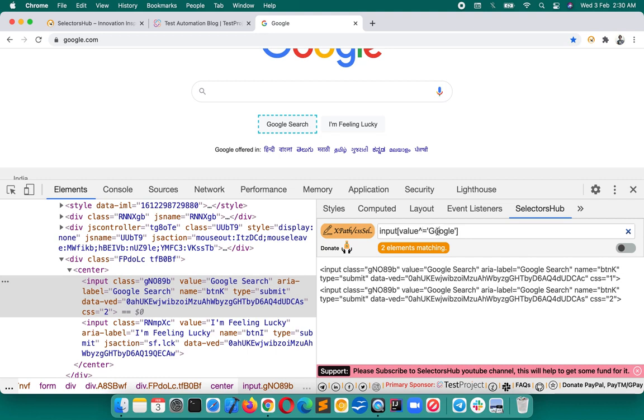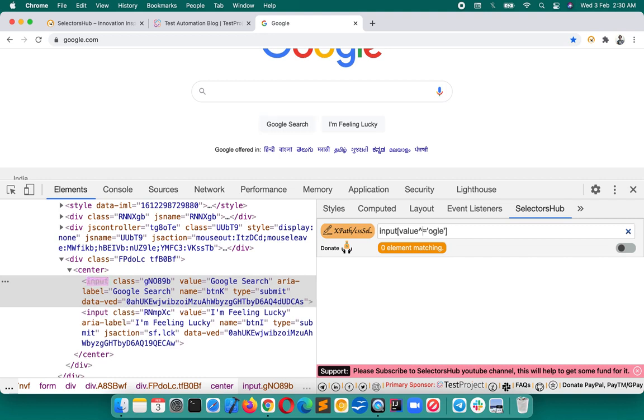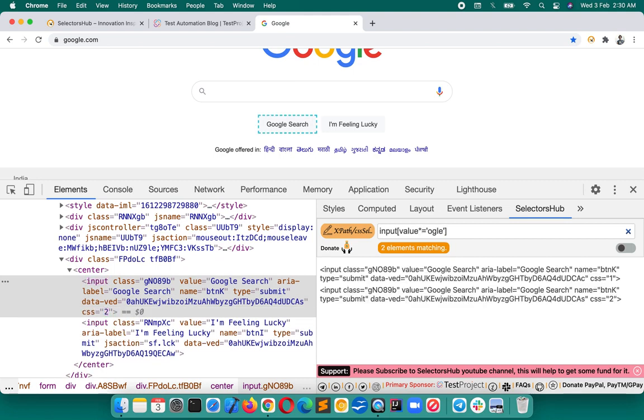So let's say if we remove this geo and just want ogle, then in place of cap, if you have cap, then it will not work. Now you will have to use star. Press enter, then it's showing matching nodes. Okay, so this way it will show the results.